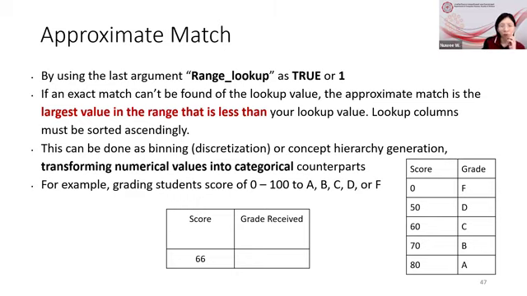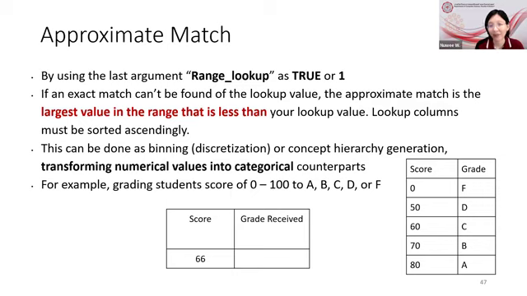So these are the rules for VLOOKUP only. If you choose 1 or 2 in the range lookup or match mode, and the exact match cannot be found, the approximate match will be the largest value in the range that is less than the lookup value. ก็คือค่าที่น้อยกว่าที่มากที่สุดนั่นเอง